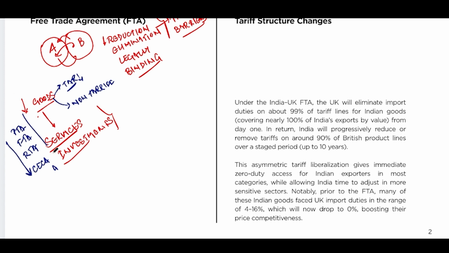Generally, they denote increasing integration or increasing resolve to help each other's countries in terms of reduction of tariff and non-tariff barriers to trade, services, and investment. Now, if you objectively want to ask a question as to why these two countries would ever want to come into these kinds of agreements, the answer can be very plain as well as simple.